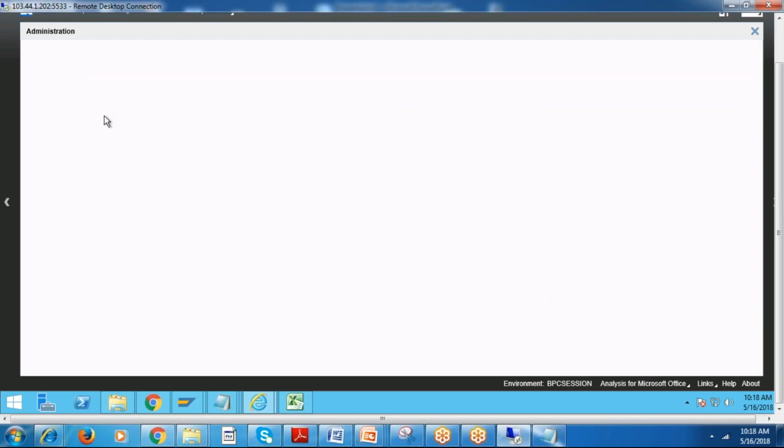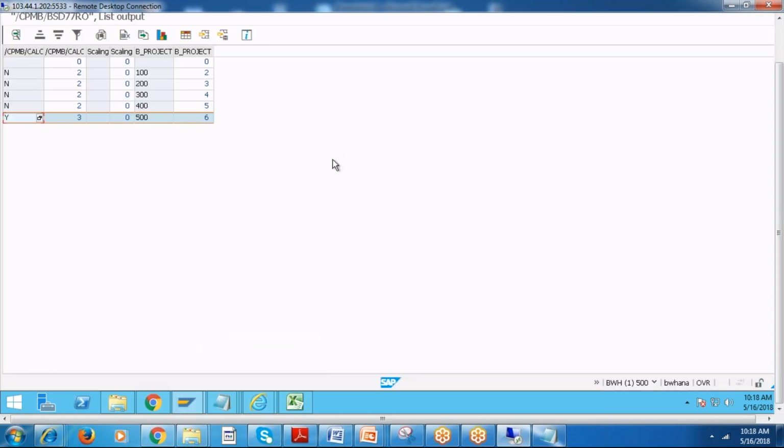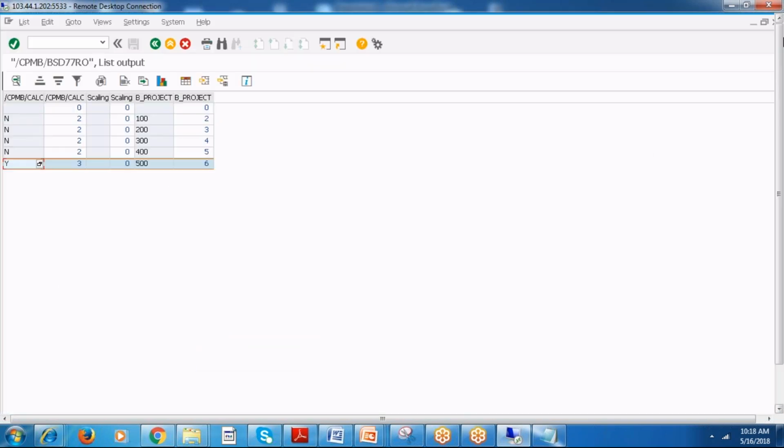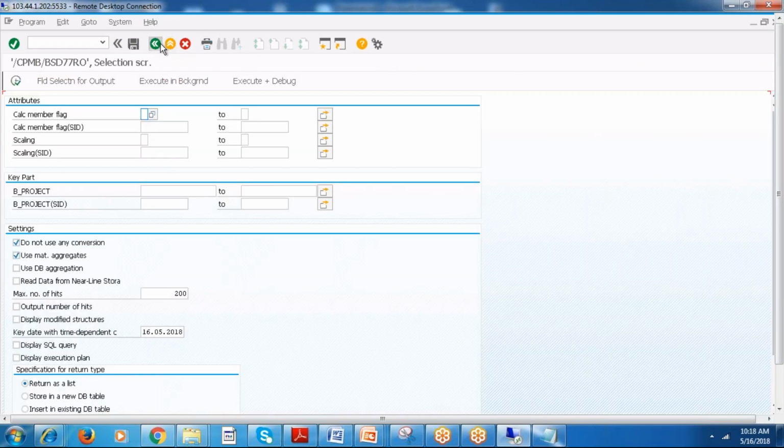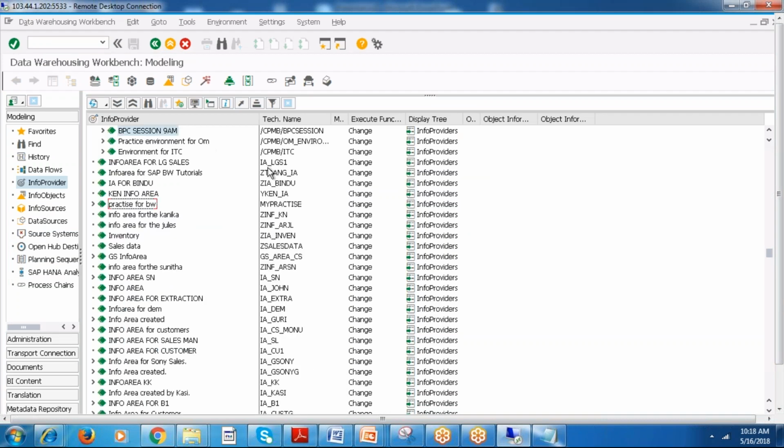Once it is done, we can check in the BW system whether it has created the model or not. We can go and check here. OPEX model, right? Refresh. Where is the refresh here?